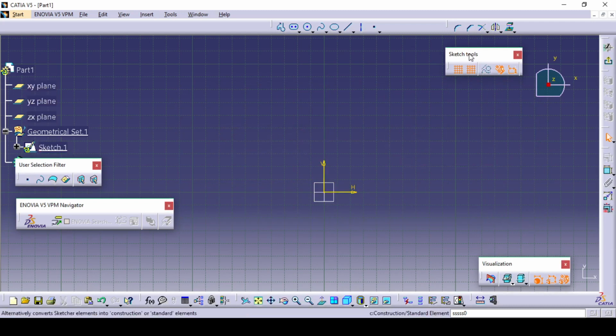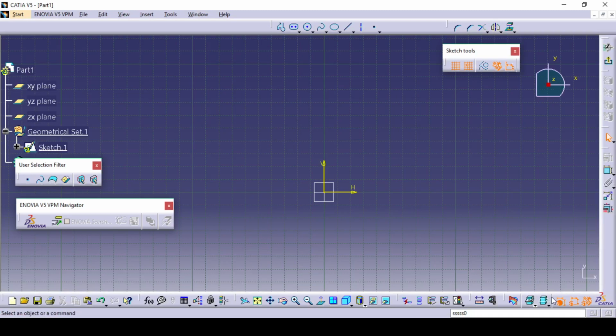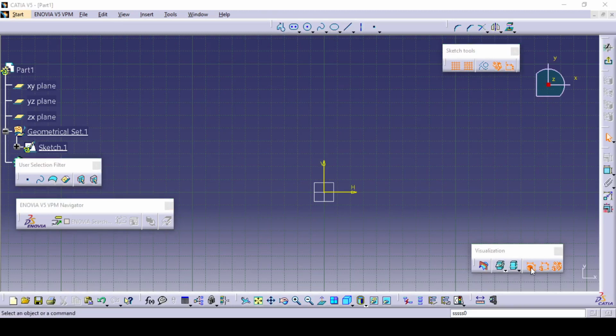Now similarly, like the sketch tools, you have these tools inside the visualization toolbar, which was actually over here, but you can remove this. There are 6 tools inside it. The last 3 tools, which are diagnostics, dimensional constraint, and geometrical constraint, should be continuously on.